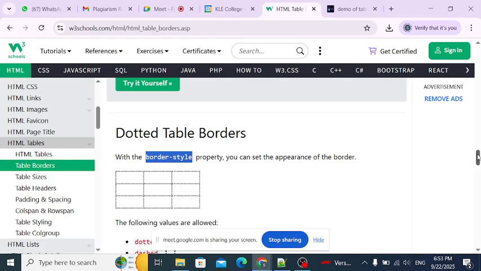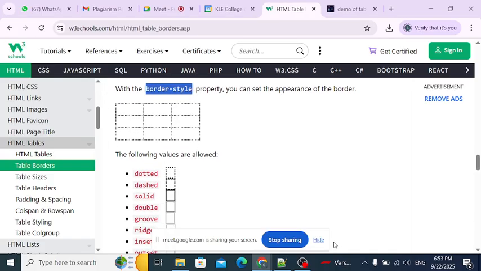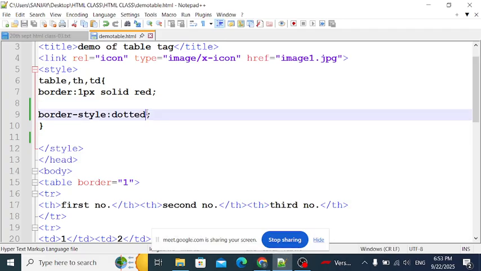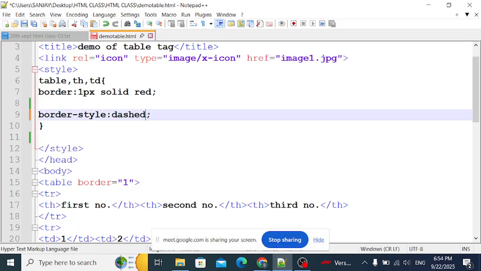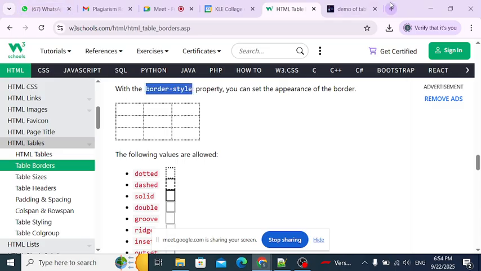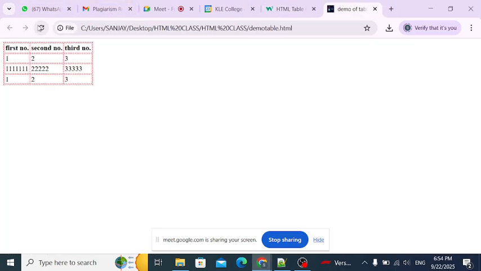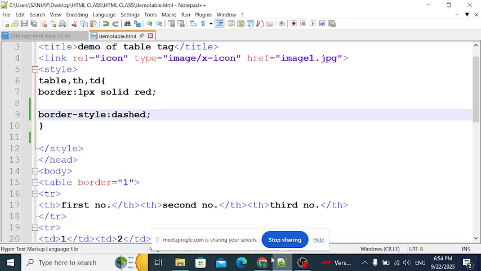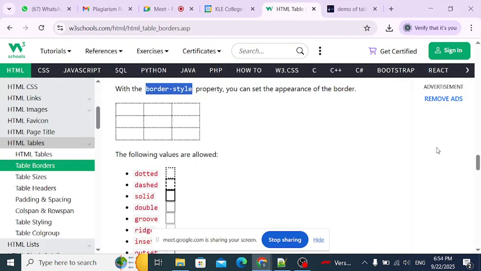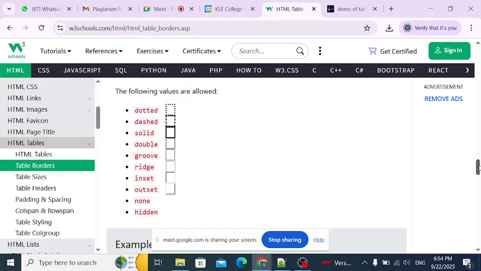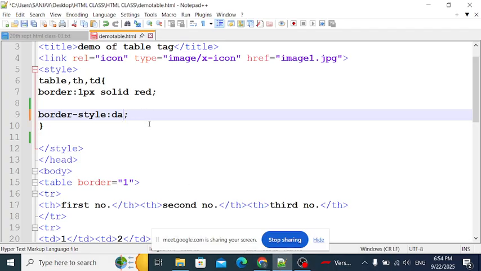So like that we have dotted, we have dashed. See the difference with dashed: instead of a dot we'll get a hyphen. That's dashed. So small hyphens will get applied to create the borders here. Similarly we have solid, as usual, and double. Double by default will get double only, actually. See, if I put double here,